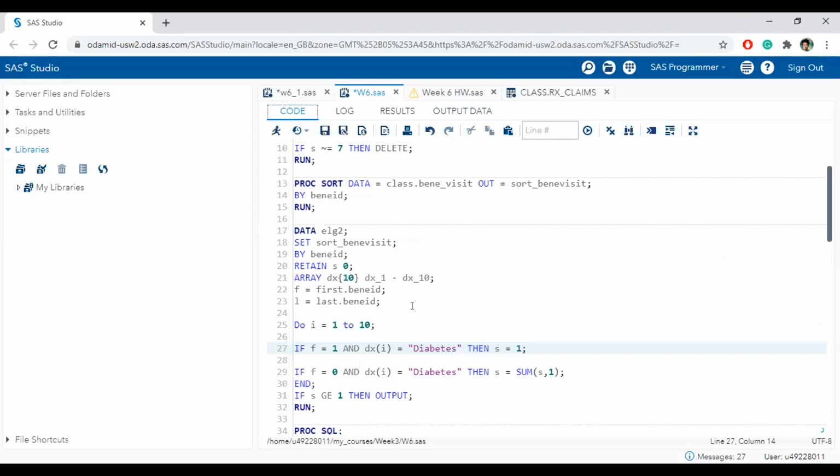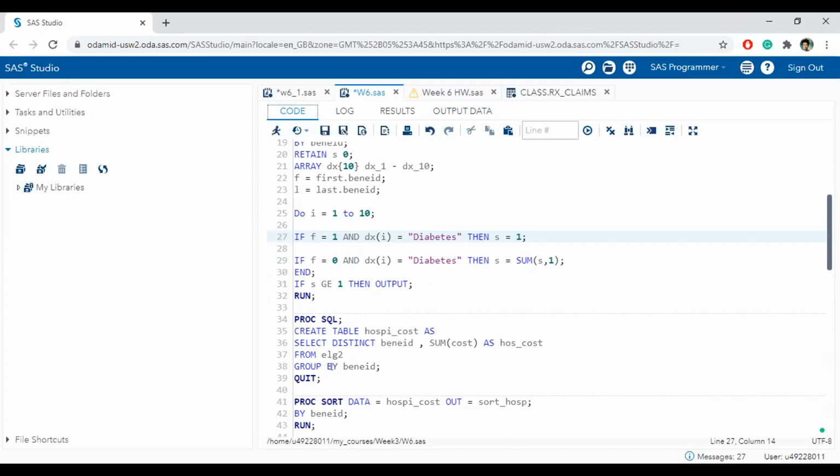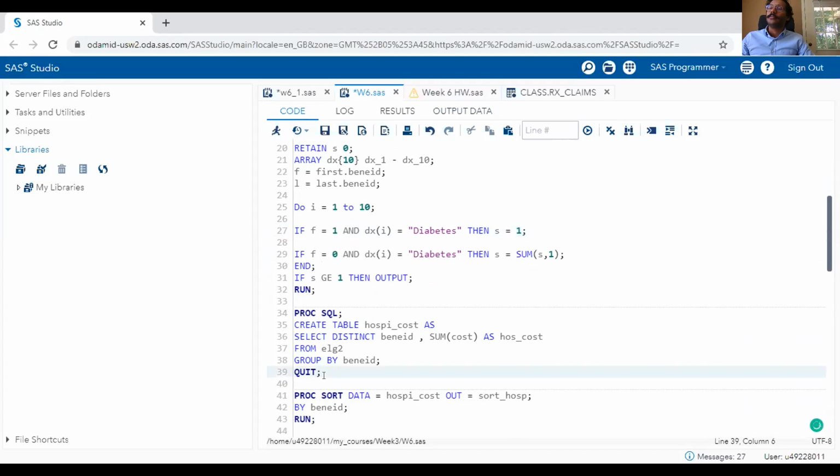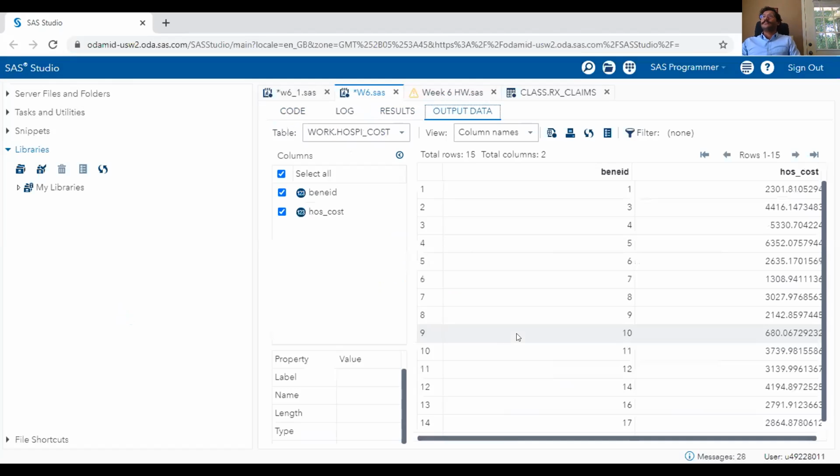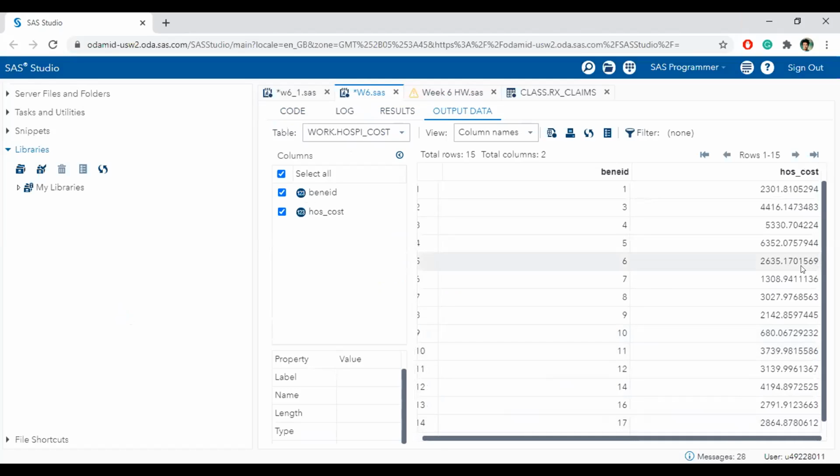And for that, I have used another proc SQL to merge them. This is my final hospital cost. I checked. It's similar to your result. But there are 15 people here.